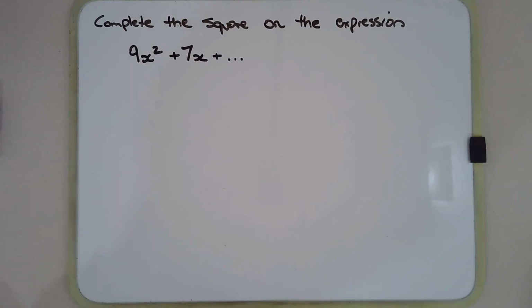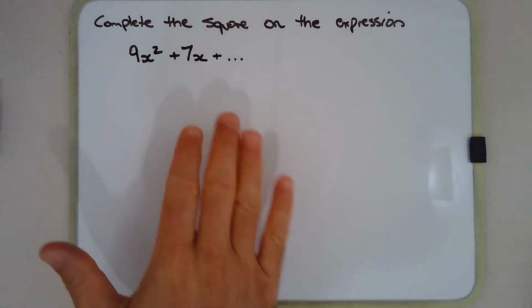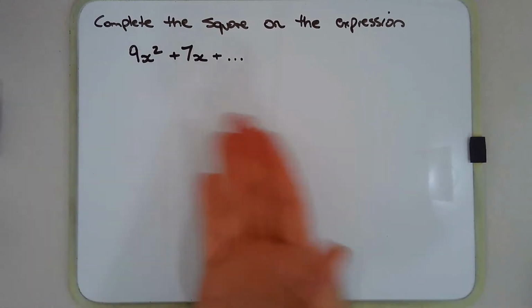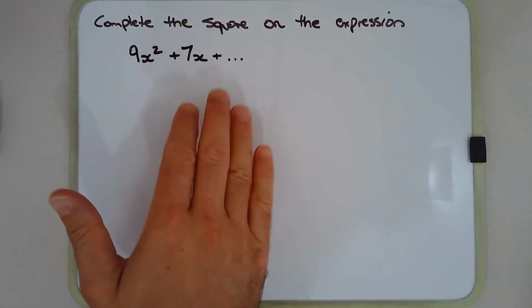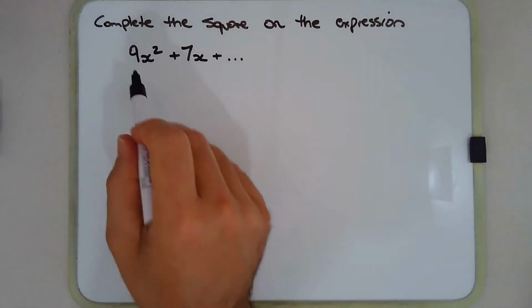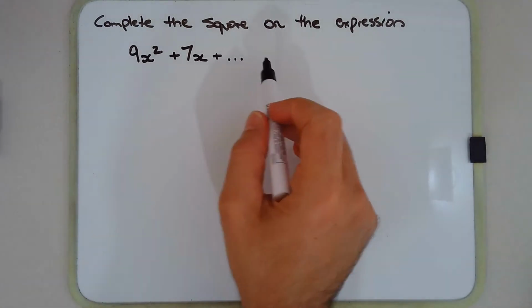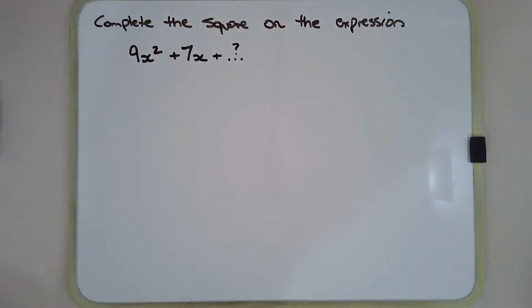Here's another example of completing the square. This time we're going to look at an example that involves what appears to be an incomplete non-monic quadratic expression. So 9x squared plus 7x plus dot dot dot, and we want to find a value that completes the square